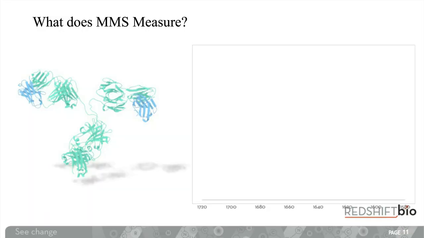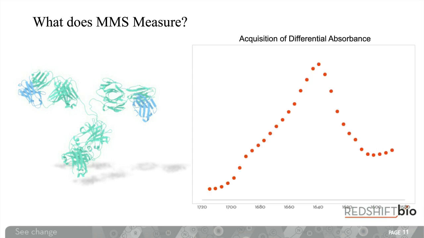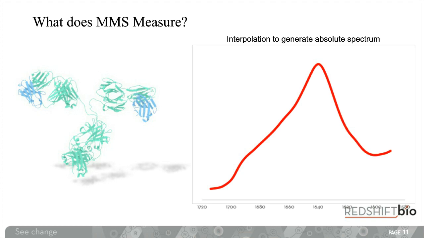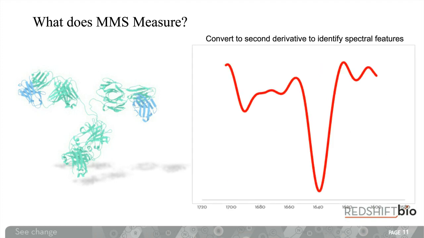So when we have recorded your data, as I showed you before, taking data points every 4 centimeters to the -1 and interpolating this into a spectrum, we then do some processing on your data automatically as part of each measurement you make. First of all, we take the gradient of that line, or create the second derivative plot of your spectrum in order to discern different features that may be present within your spectrum.